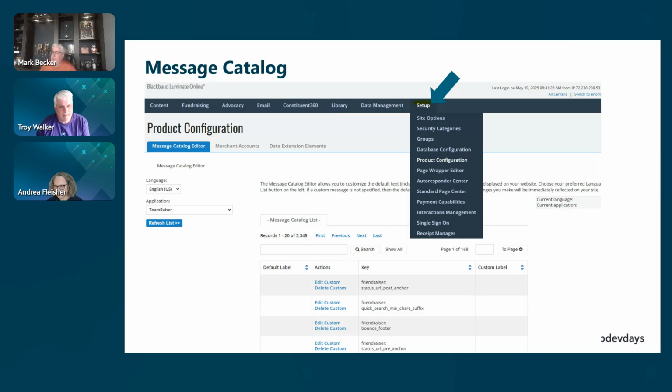But the database configuration is where all your different fields are at, and there's a whole lot that aren't utilized at all by default that might be useful to you. So it's another area to check out and possibly make public facing in some constituent update fields where they can view or edit information, or even just view lifetime giving and things like that. But